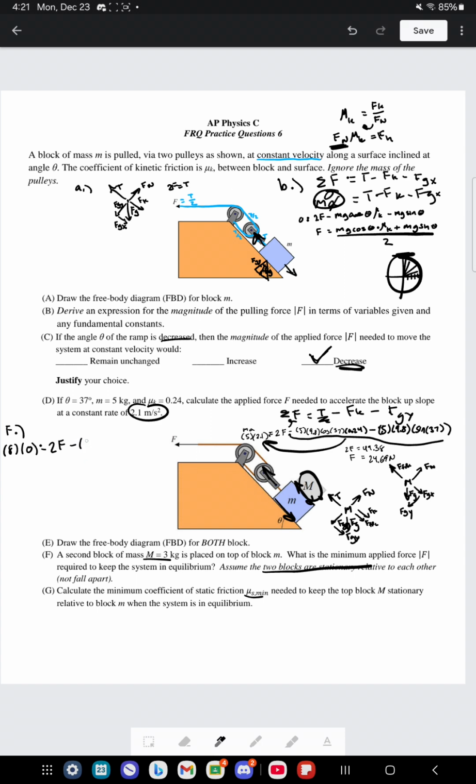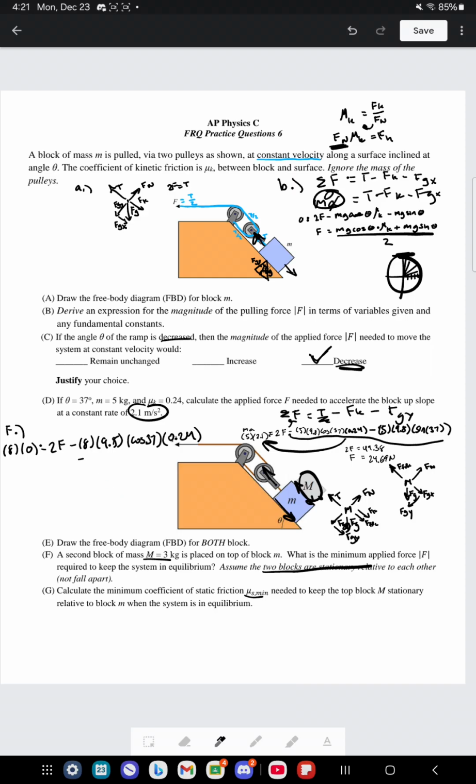So 8 times 9.8 times cosine of 37 times the mu k of the ramp, which is 0.24,